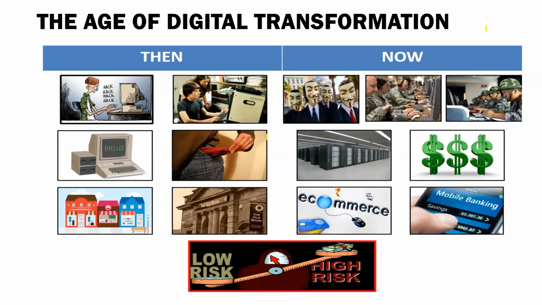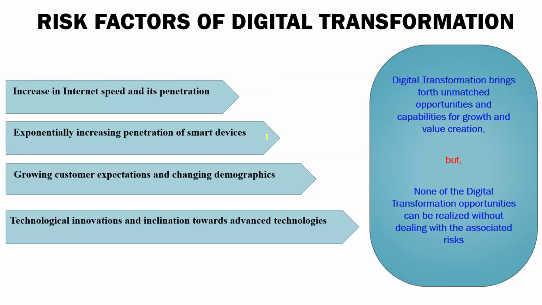We are preparing ourselves for Society 5.0. We are preparing ourselves completely for the metaverse, which is a completely virtual world. And that's what we are targeting by 2030. So while we are moving there and looking from that perspective, the risk is very high. As a matter of fact, we are not ready at this moment for the challenges we are facing. A few of the challenges we will be discussing as well. So we can see from here what the risk factors are that are linked with digital transformation.